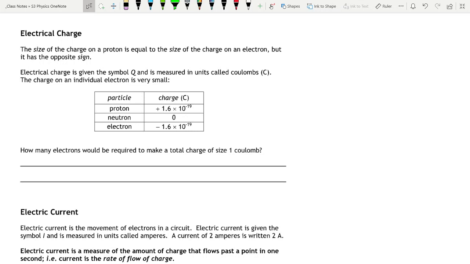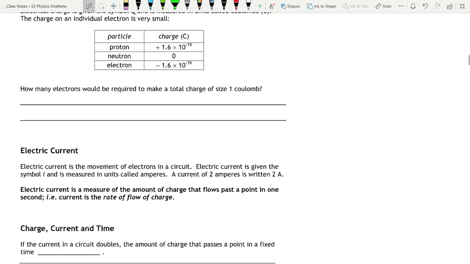Electrical charge is given the symbol Q, just because you might get it mixed up with other things that begin with C, and is measured in units called coulombs. That's capital C. It's actually named after somebody, Professor Coulomb maybe. The charge on an individual electron is very small. The actual charge on an electron or a proton is 1.6 times 10 to the minus 19. And remember standard form, that means